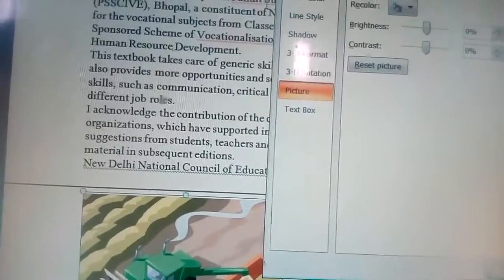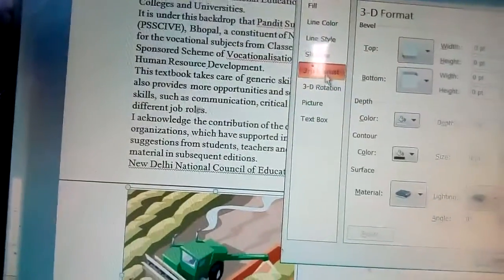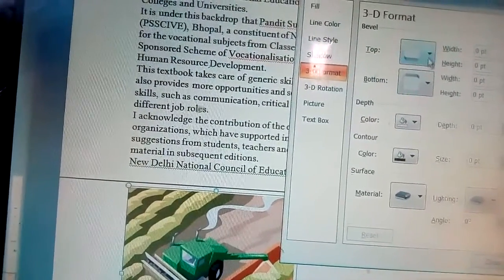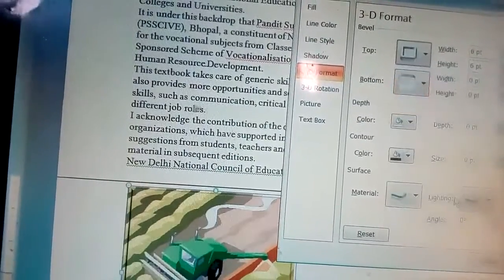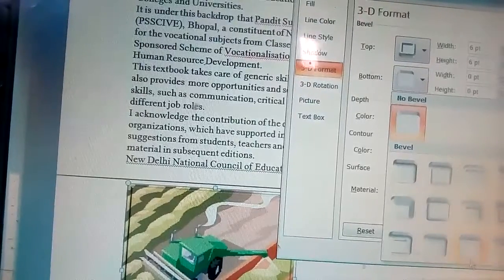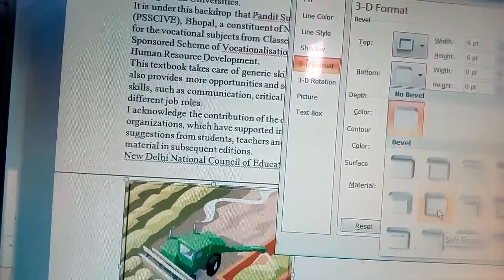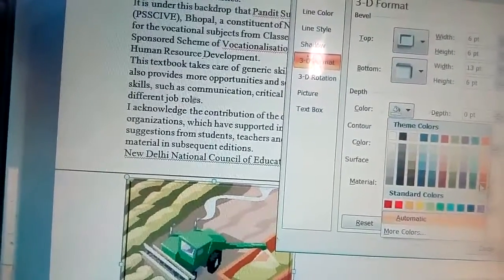So here you can set line color, line style, shadow, whatever you want you can do here. 3D format, so in which format you want, you just click over there. Okay, top, this is bottom, also you can select. Color if you want, then also you can do.